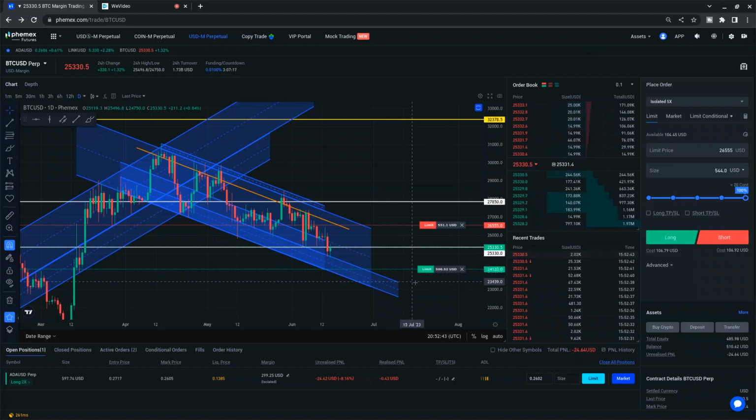I have the long setup to trigger at 24,120 down here at the bottom of this channel. I have the short setup to trigger at 26,555, just a little underneath this orange line here. Now it could go up all the way up to, say, if it wicked up here to this very top, maybe 27,500. I think that's a little unlikely. But anywhere in here,